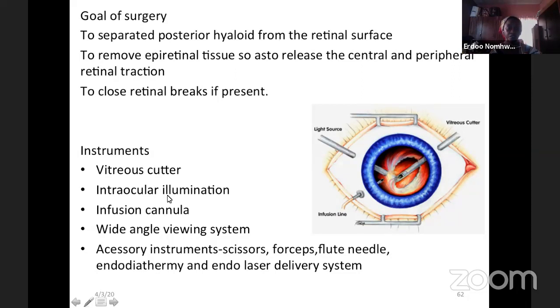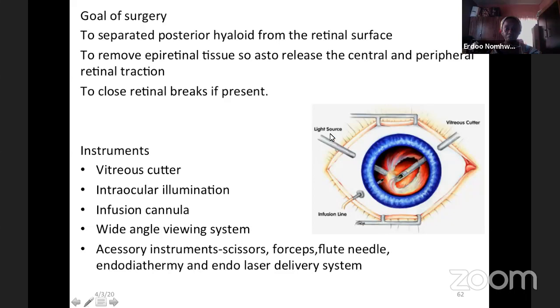You have an illumination system, you have an infusion cannula, you have a wide angle viewing system, and you have the accessory instruments, which are the scissors, the forceps, flute needle, endodiathermy, and endolaser delivery system. Then this is just a picture showing